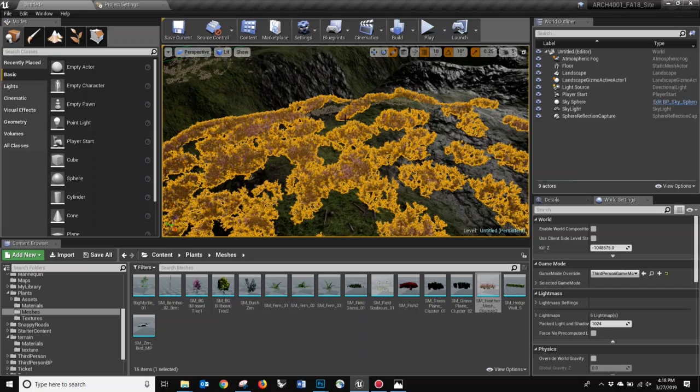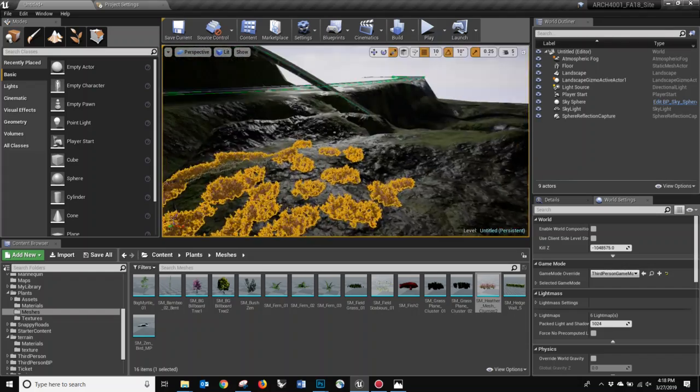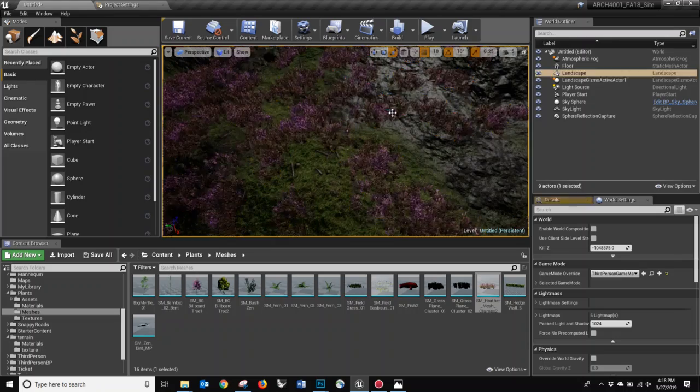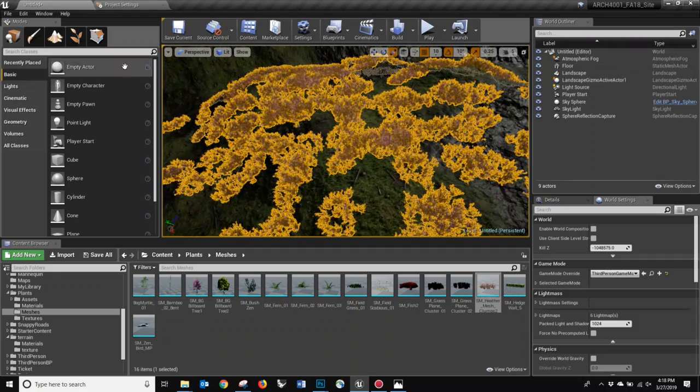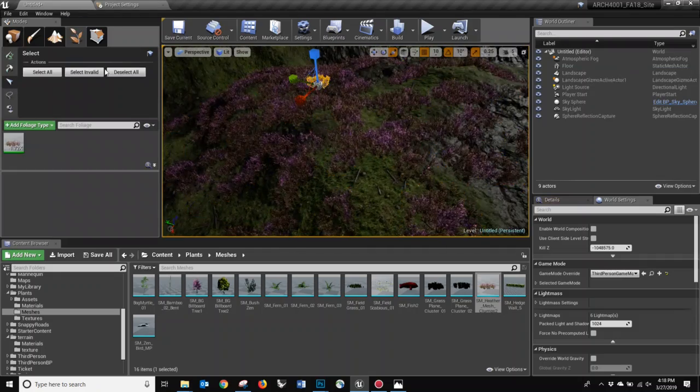You can have thousands of trees and grass, and it doesn't harm the performance, because it's not really a static mesh. The drawback is you cannot really individually edit this anymore. The only way you can make a selection is to go back here and do the selection. If you want to remove some of them, you probably have to hold Control and Shift to just paint again